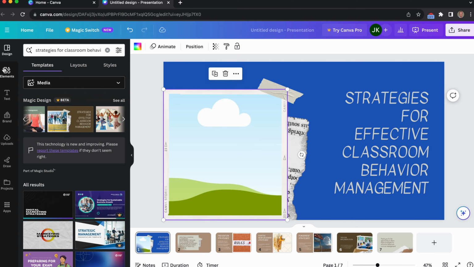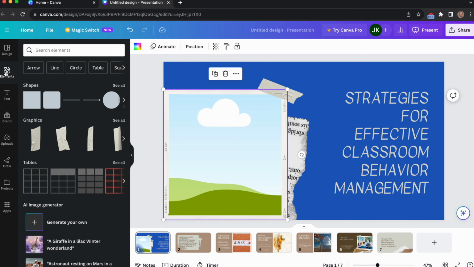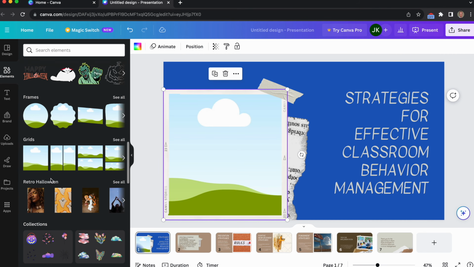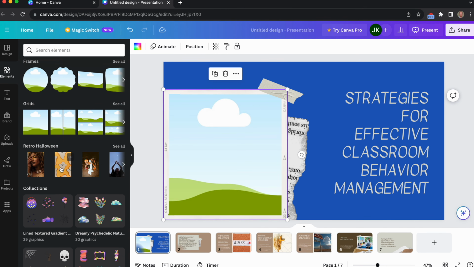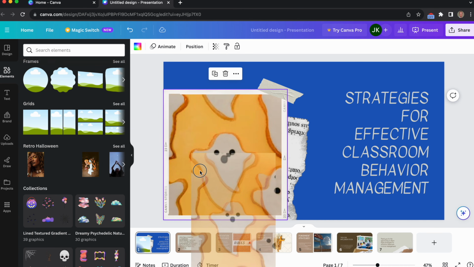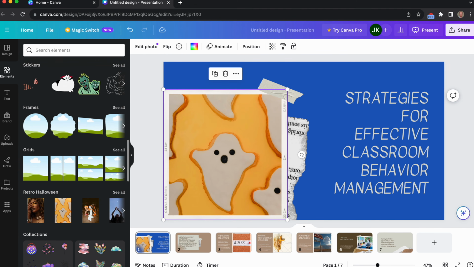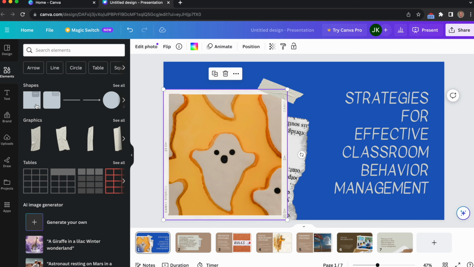So if we go down to elements, we could find an image and add the image by dragging and dropping it into the frame. So we've added a picture in there, but you can see in elements we've got lots of different options, and